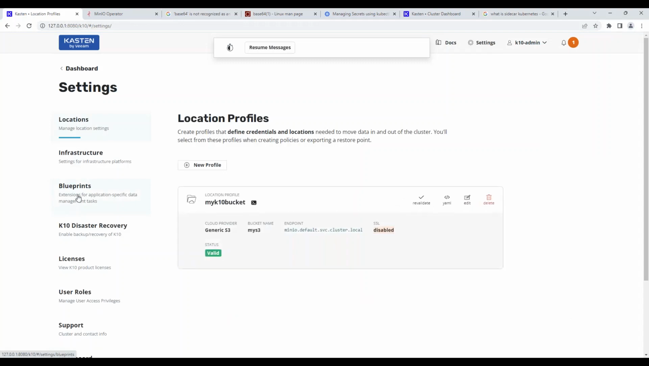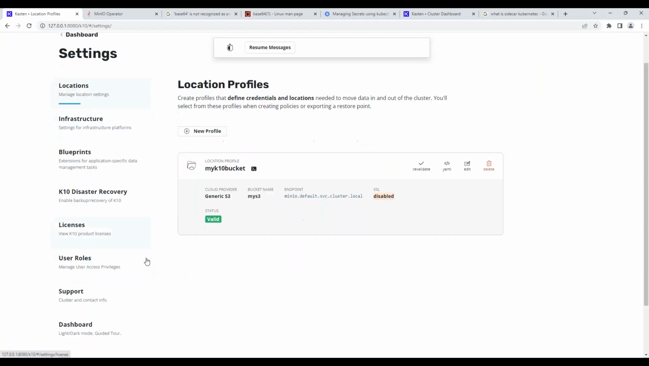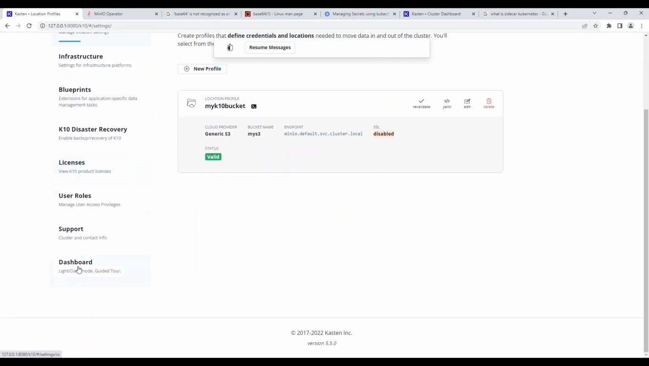You can ingest some of the blueprints that need to be added to your manifest, or you can also configure disaster recovery here. If you're running a licensed version, you can add the license here, in case you're running one, okay, and you can customize the dashboard if you want to, right? So this can be customized as per your wish list,